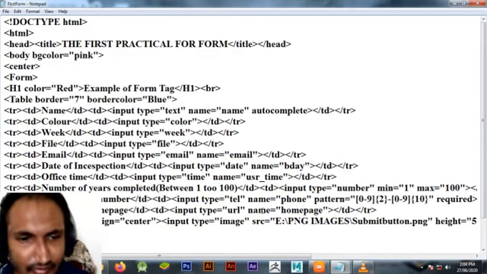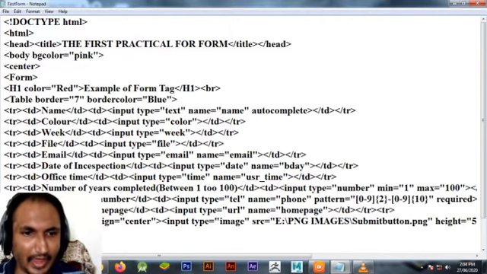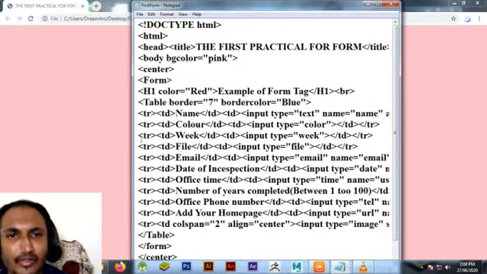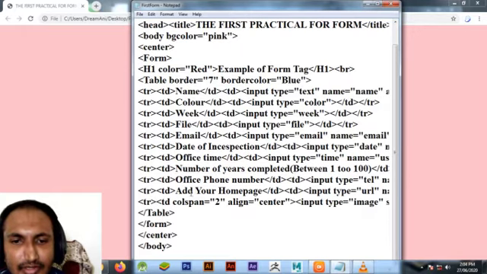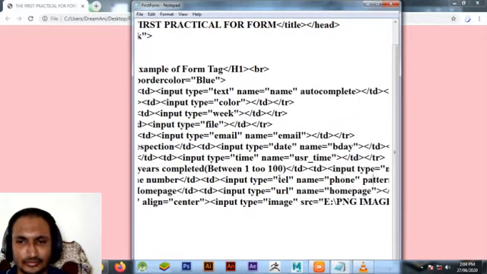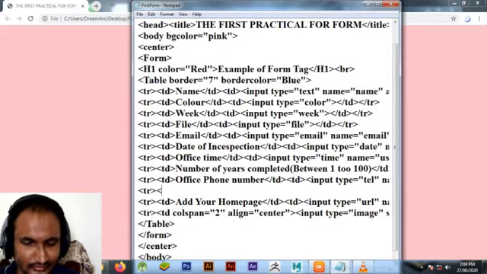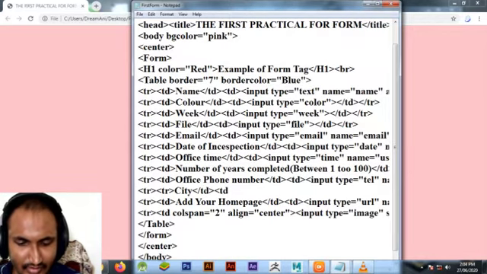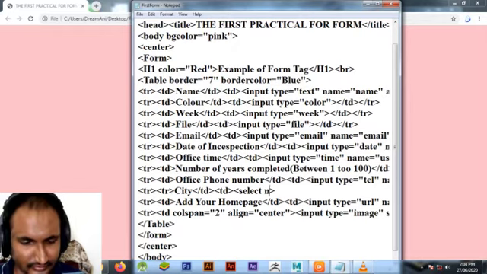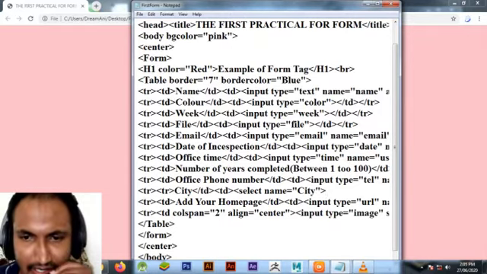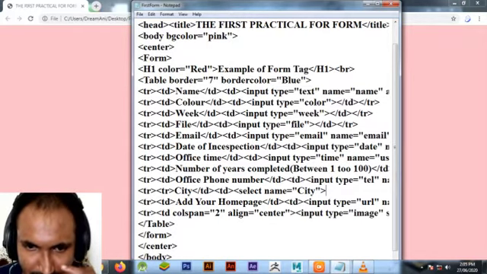In the select tag we have to use the option tag, so I'm using the option tag.